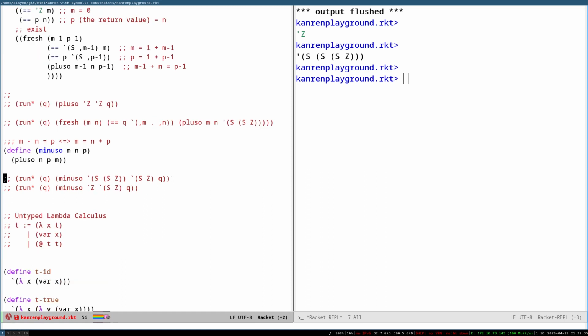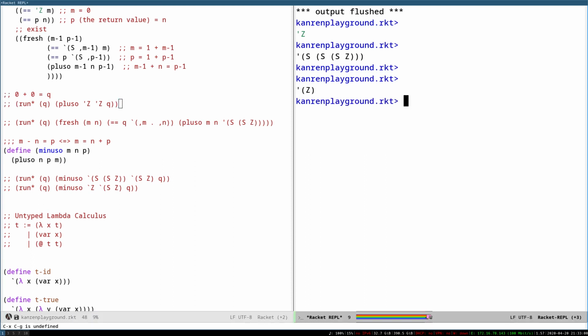So if we have this plus-o z z q, it's pretty much saying we're looking for some q which satisfies this equation. Can you find it? And well, this is pretty much the same thing as the plus function, except we have to make this output explicit. And if we run it, we simply get z, which is obvious because 0 plus 0 equals 0,